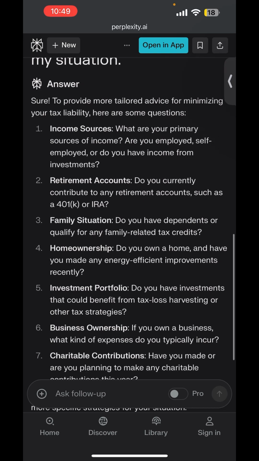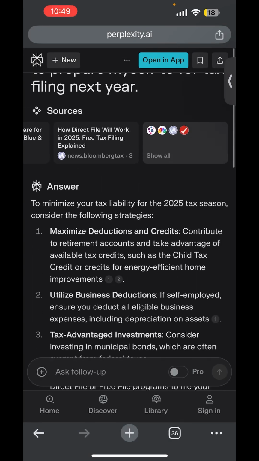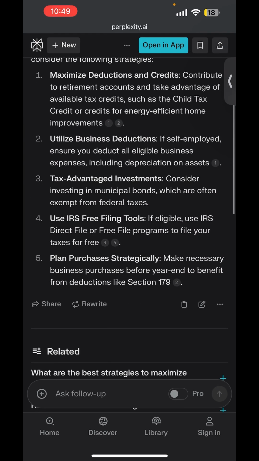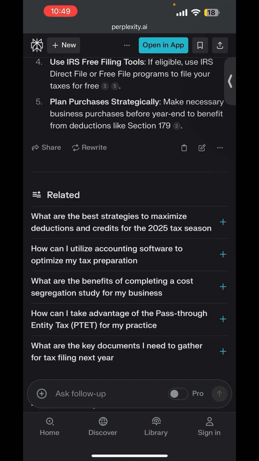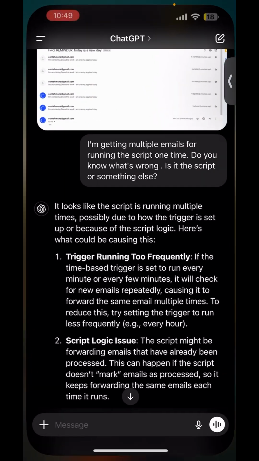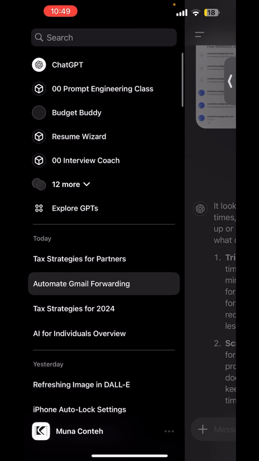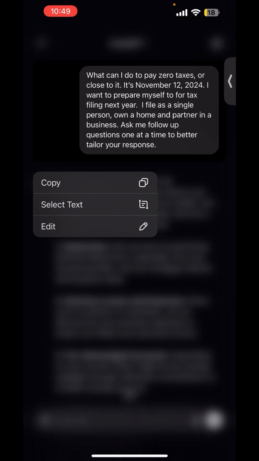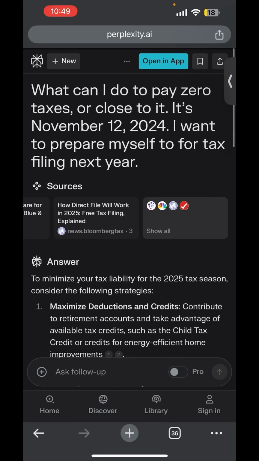And I'm telling it to ask me more questions, and now it's asking questions. And so the main thing with Claude is it's going to give you references automatically and the answer in a summarized answer and the links to where it got those answers from. And it's going to give you these related follow-up questions that you may want to ask. Now, let me see what it looked like if I ask